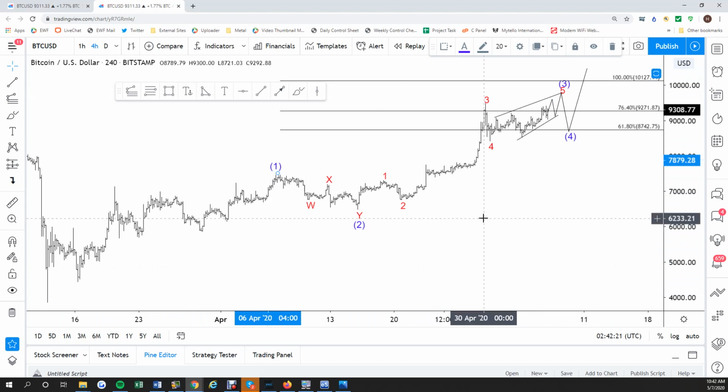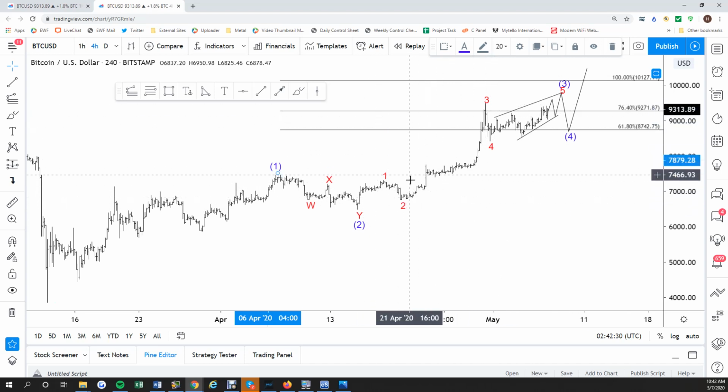But one thing that looks to be clear at this point in time is the idea that this one has an extension here. So I think calling 1, 2, 3, at least starting from here, looks reasonable. 1, 2, 3, and therefore, now looking overlapping and choppy right now, so calling this an ending diagonal also looks pretty reasonable. So it looks like this rally that starts from April 16 does have the characteristic of